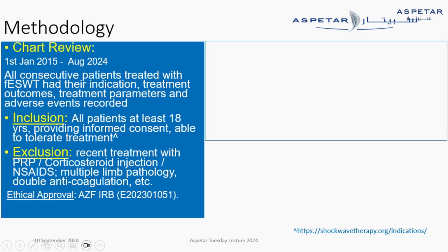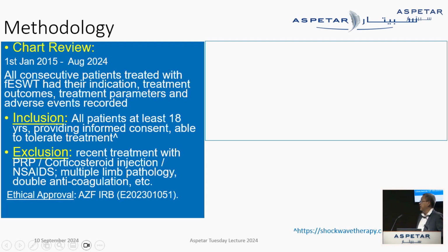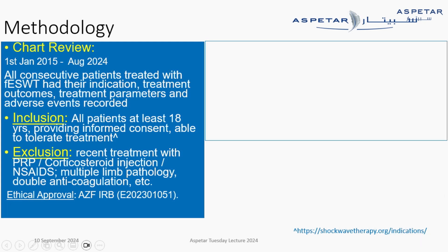So we look at the methodology. We started as a chart review or a registry, from 1st January 2015. I just mentioned to Dr. Lewis that we have data until 12 August 2024. If you're interested to have a look at it, it's in the research server, and all you have to do is to speak to Dr. Lewis about it. And we took all consecutive patients treated with shockwave and had their indication, treatment outcomes, treatment parameters,